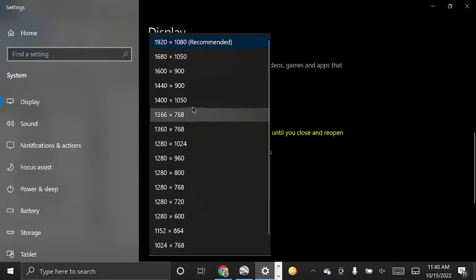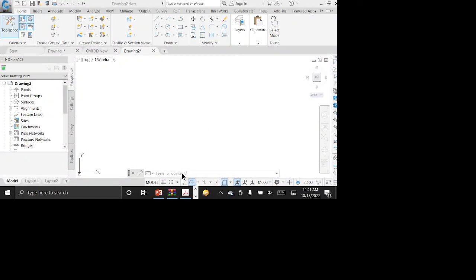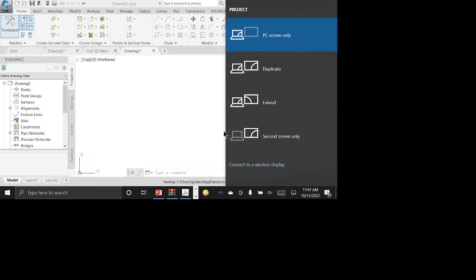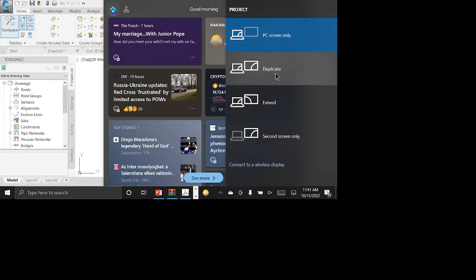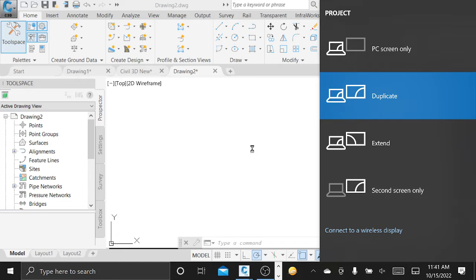Let me get to 720. Just check the display settings. The duplicate mode, can it record the screen recording? Can it record the duplicate? Yeah. You've tested the video, it works. I will test the video. Can you check if you can